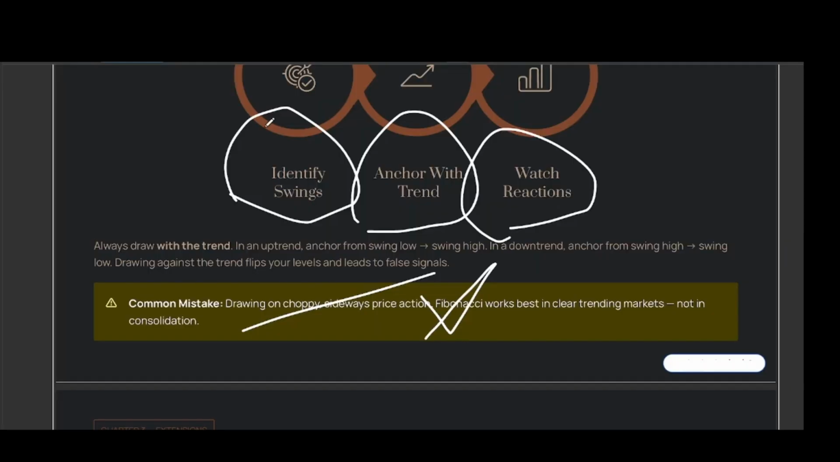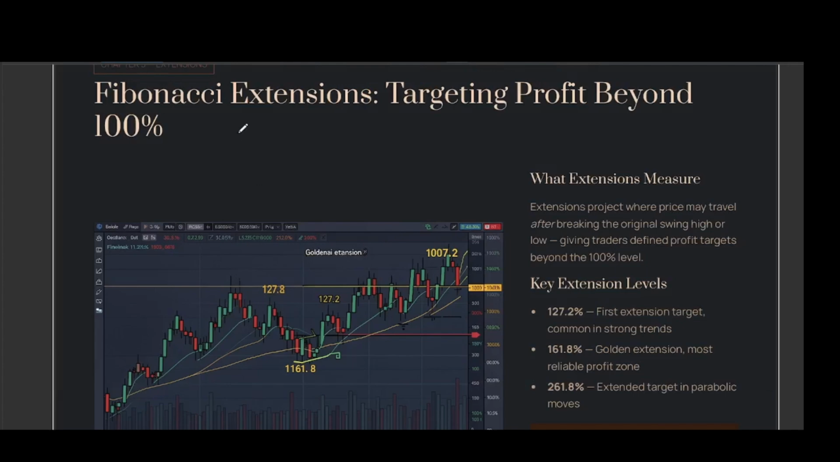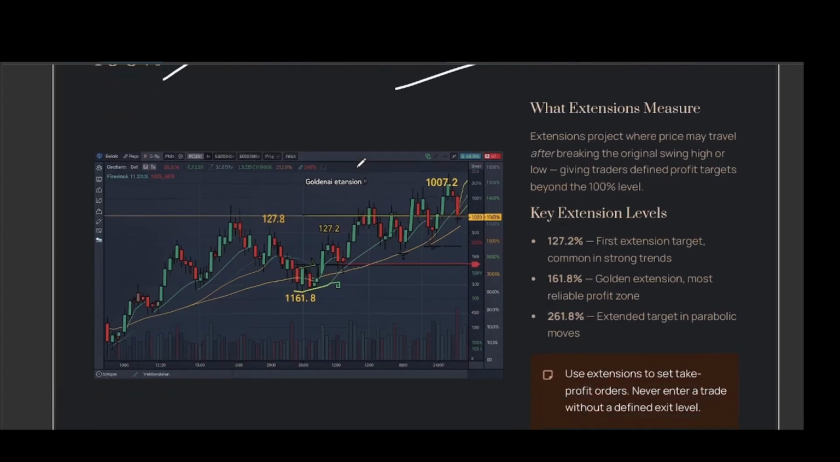So now coming back to Fibonacci extensions, targeting profits beyond 100%. So here: 127.2, 161.8 and 261.8. There are three out of 5 zones, and these 3 are more important. The most important is the golden extension. Few people call it the golden pocket, few call it the golden leaf, few call it the golden zone. This is the most important zone because most of the traders are waiting for the market to tap here